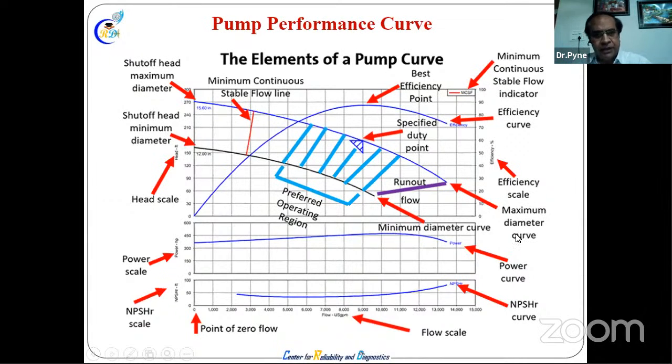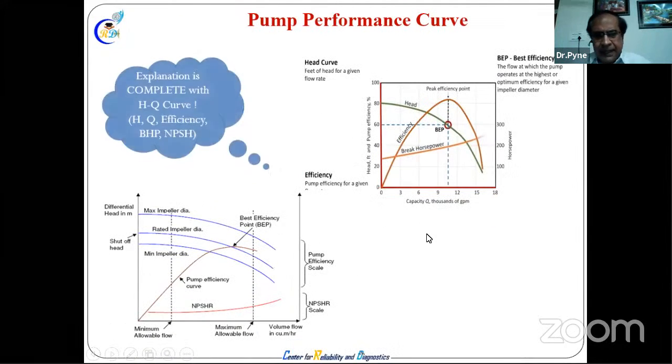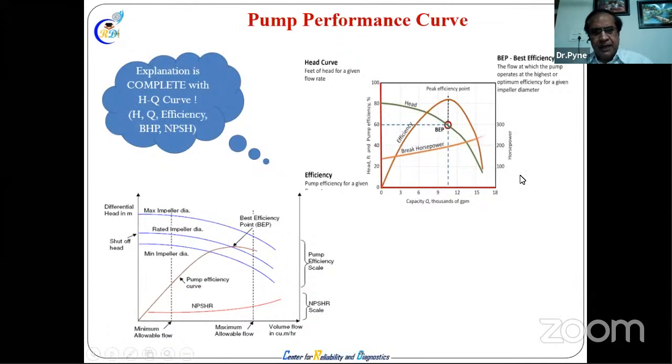Net positive suction head, we'll discuss a little bit later. So these are the different curves, head and capacity curve, HQ curve, which I was telling you. This is the efficiency curve. This is the head capacity. This is the brake horsepower, increasing over the capacity, and here is the best efficiency point. This is the point where it will run best. Efficiency is maximum, and on HQ, anywhere you go to either side, you are compromising the saving in energy.